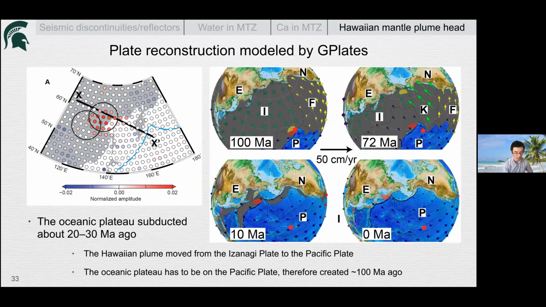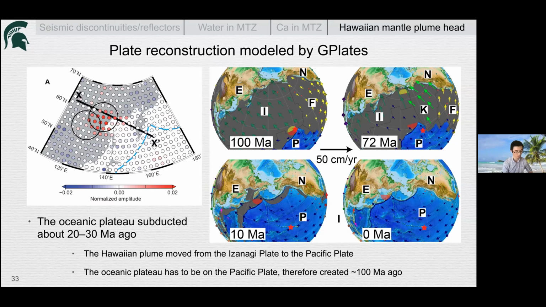But you may notice that there are still some discrepancies regarding the current position of this plateau. It looks like we have this plateau subducted much earlier and much deeper. But we believe there are uncertainties in terms of the initial location of this Izanagi-Pacific Ridge at the very beginning, and also uncertainties for plate motions. But again, I want to say this is just one possible